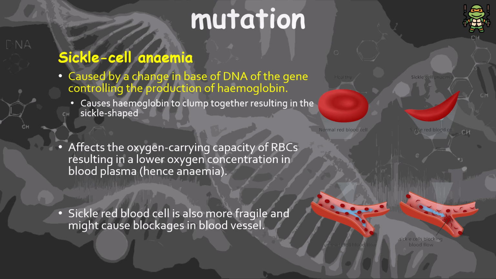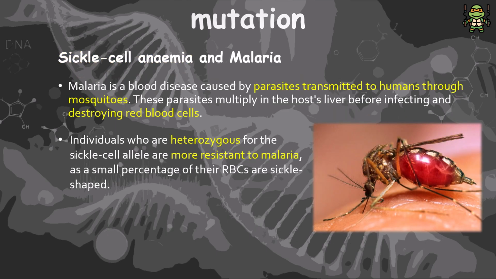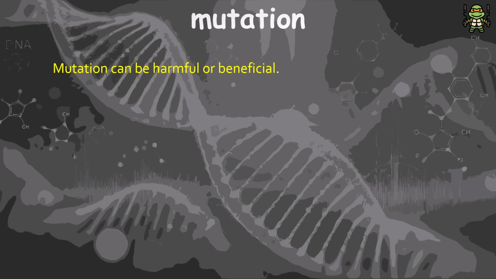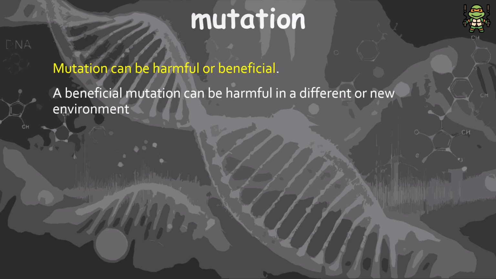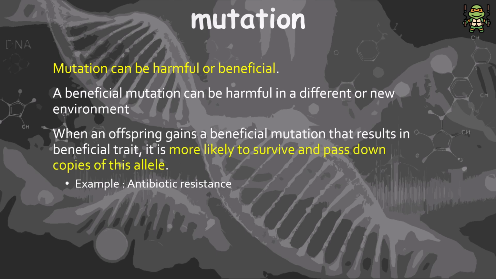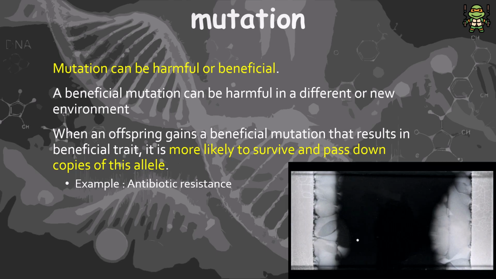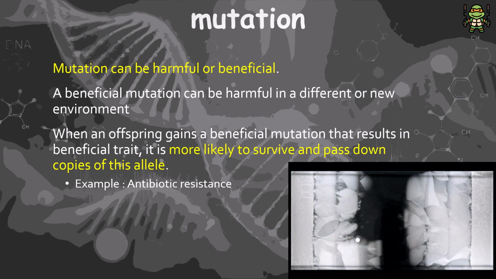This lowers the oxygen carrying capacity of red blood cells and also causes an increased chance of blocking blood vessels. All of this sounds bad, but in areas where malaria is rampant, heterozygous individuals are more resistant to the parasite, which is a good example where a negative phenotype provides a survival advantage. Mutation can be harmful or beneficial, and a beneficial mutation can be harmful in a different or new environment. When an offspring gains a beneficial mutation, which gives it a beneficial trait, such as antibiotic resistance, it is more likely to survive and pass down copies of this allele to the F2 generation,